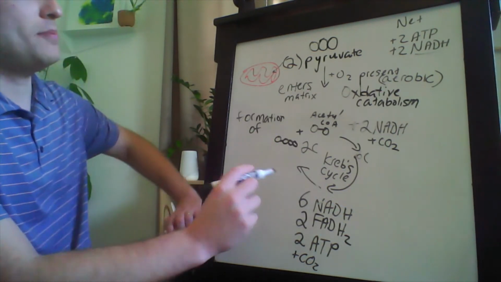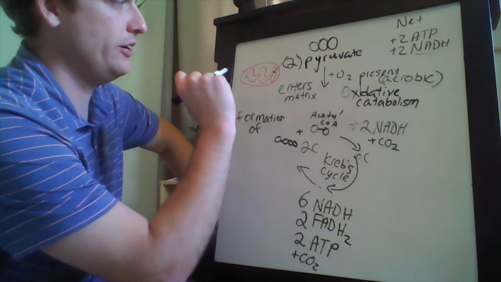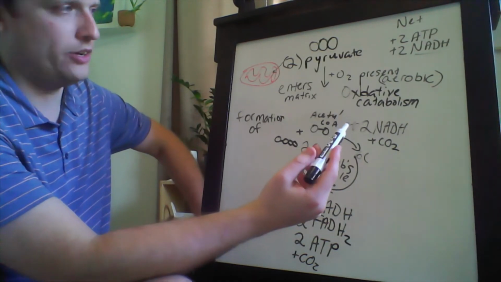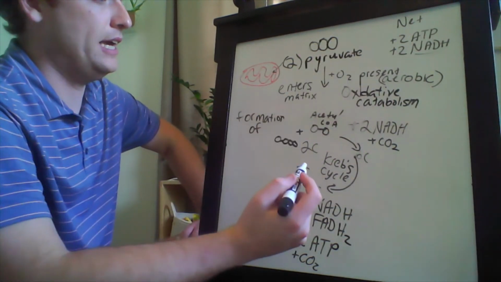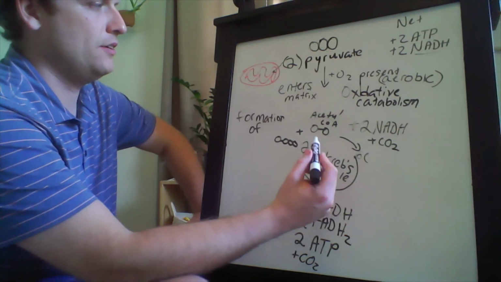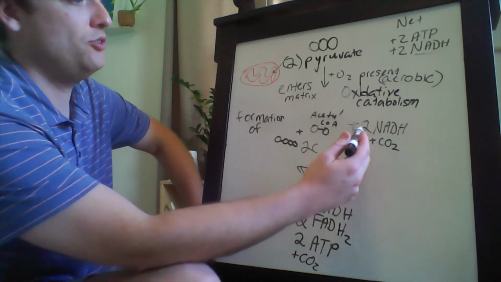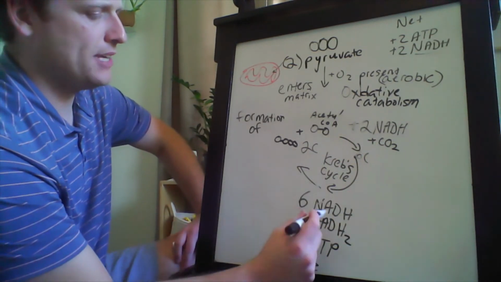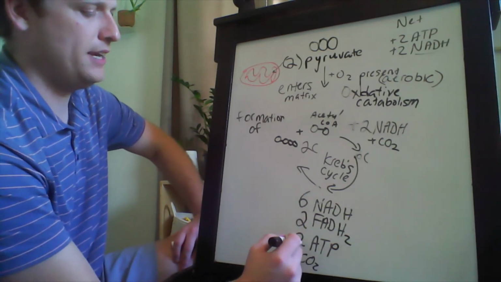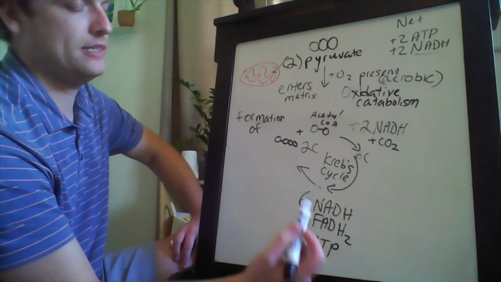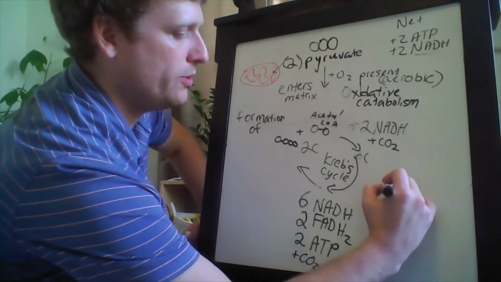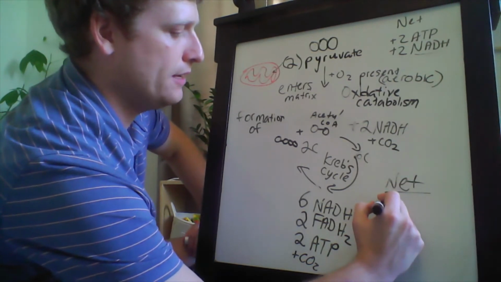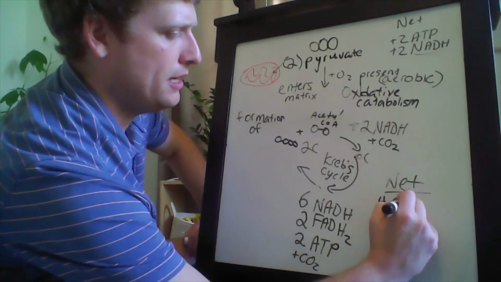So let's think about where we are total as far as our net goes. So in glycolysis, you make your 2 ATP, your 2 NADH. In the formation of acetyl-CoA, you make 2 more NADH. And then in the Krebs cycle, you're making 6 NADH, 2 FADH2, 2 more ATP, and some carbon dioxide, of course. So once we've gone through the Krebs cycle, our net is we've gained 4 ATP,